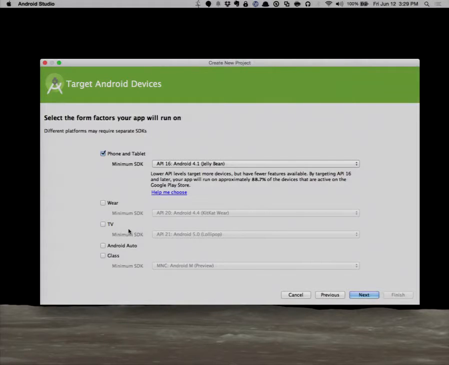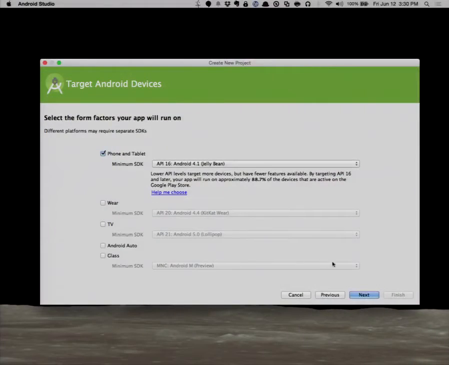I do know one person with an Android TV, but there's only one. Android Auto, I also expect maybe in the next year or two might become much bigger, but right now you could probably wait a little bit. And if you're developing for Google Glass, well, sorry, you know. Although my thought about Google Glass is that Google Glass is version 1. Version 1000 is an Iron Man suit, right? And who doesn't want an Iron Man suit? But at any rate, I think you can not worry about that at this point.